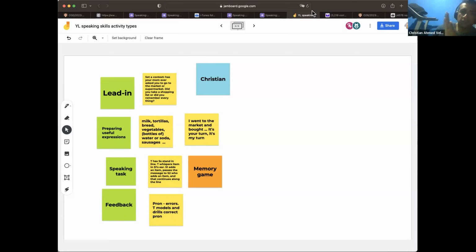When we pre-teach this vocabulary, I need to give them the useful expression that they could use in this case. Like, I went to the supermarket and bought... Okay, when they say that, they need to say it's your turn to the next student. And the speaking task,